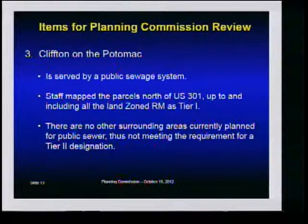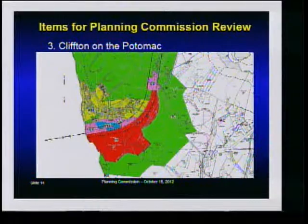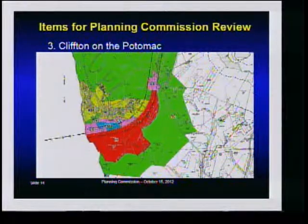The third issue dealt with Clifton on the Potomac. It is served by a public sewer system. Staff mapped the parcels north of US 301 up to and including all the land zoned RM as Tier 1. There are no other surrounding areas currently planned for public sewer, thus not meeting the requirement for a Tier 2 designation. Again, the zoning map for that area shows Clifton on the Potomac and the various zones north of 301 that the staff map has all shown as